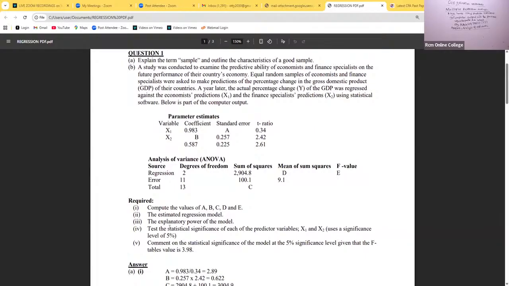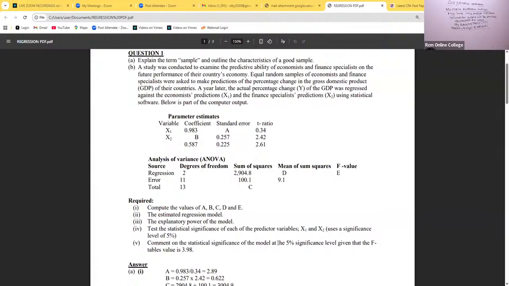Number 3, we test the explanatory power of the model. 4, test the statistical significance of each of the predictor variables, x1 and x2, using a significance level of 5%. Then comment on the statistical significance of the model as a whole at 5% significance level, given that the F table's value